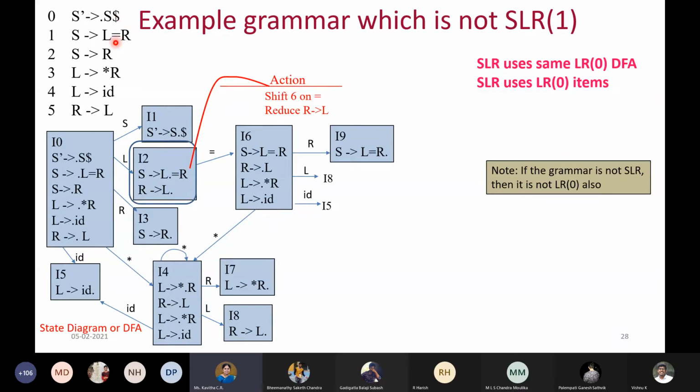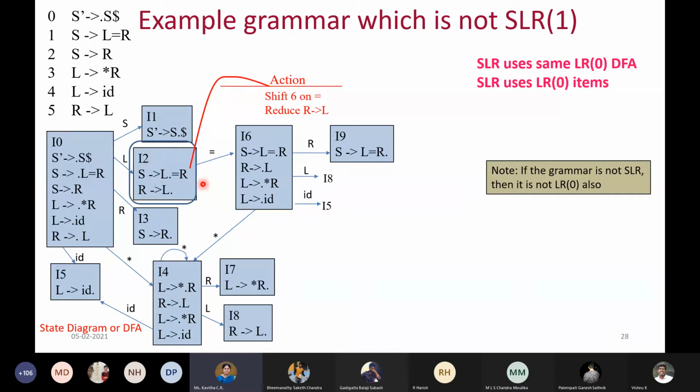And on the other hand, we have the follow of R also equal to follow of L, which is equal to the equals symbol. So we are getting the follow set of R as equals. And what are we shifting here? We are also shifting equals. So for shifting we are using equals, and for reduce also we are using equals.